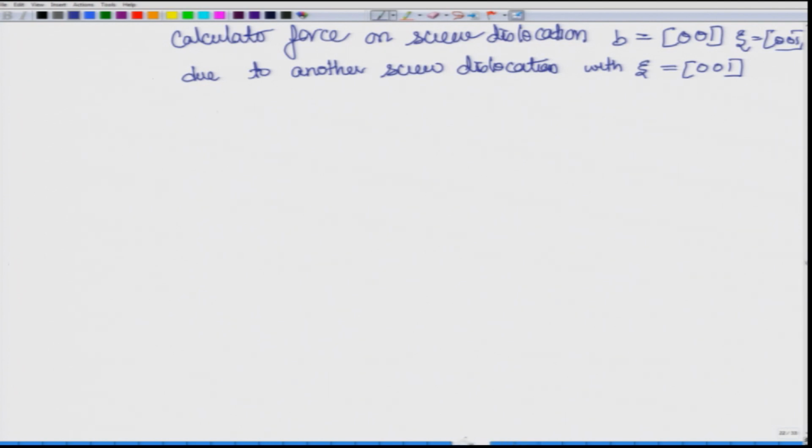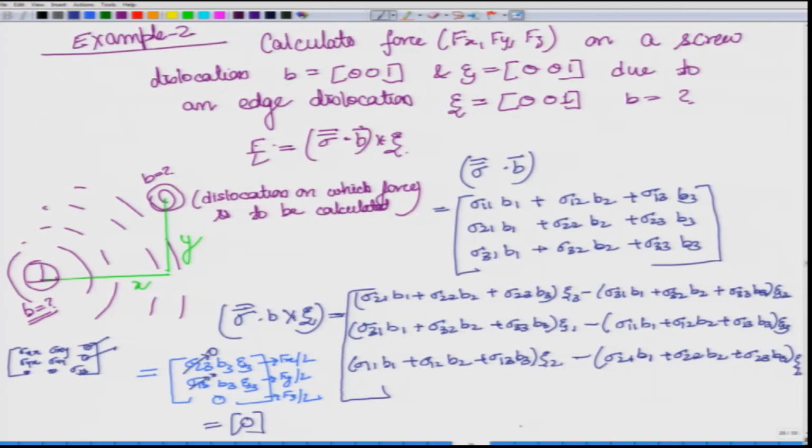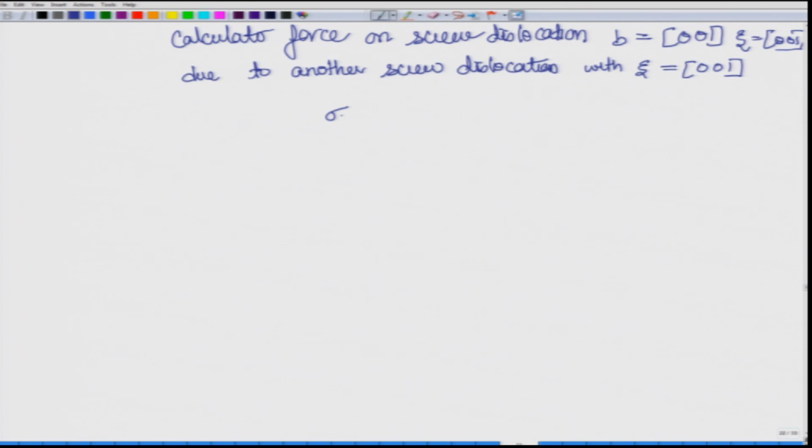So, it can be one of the two, meaning it will be b or minus b. Again, for the expanded form, you can look at this relation and say it will be something similar to this, because here I have assumed all the sigma components, and the only thing I am assuming is that epsilon 3 is 0 0 1 and b is of the 0 0 1 form. Therefore, it will come out to something like this. You can directly say it will be sigma 2 3 b 3, sigma 1 3 b 3, 0. So, that is the advantage of using the expanded form.